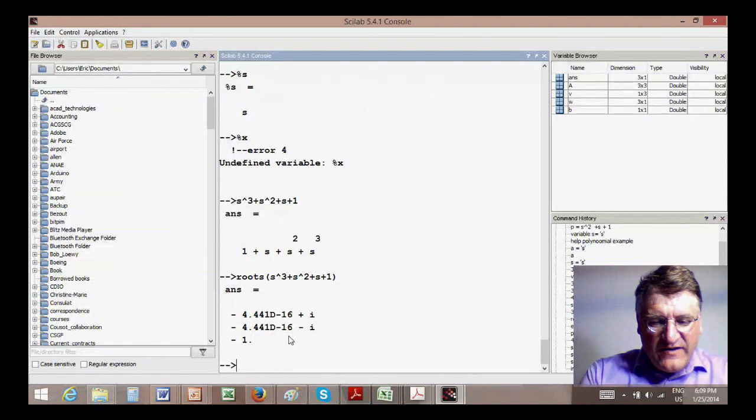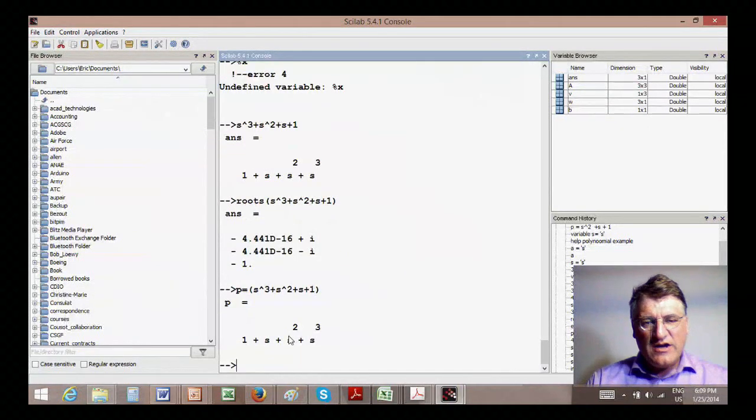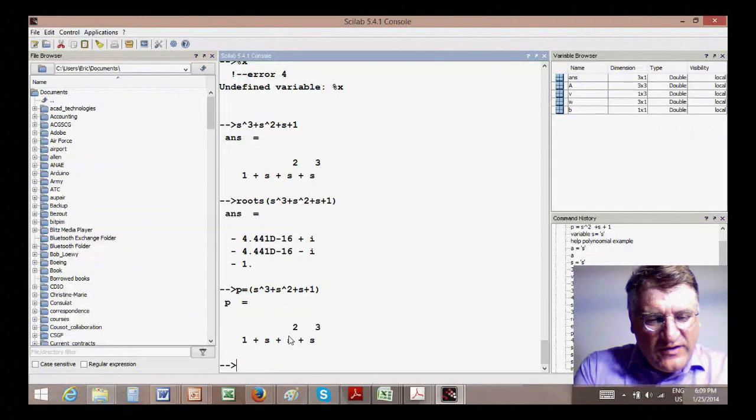Next, you can define variables. You can define polynomial variables. So P is equal to s cubed plus s squared plus s plus 1 gets you this thing, so you can manipulate these polynomials. Now you can divide polynomials with each other. So for example, you can write